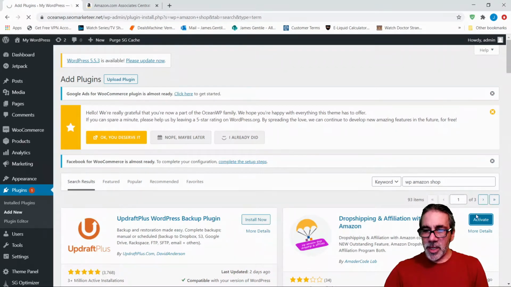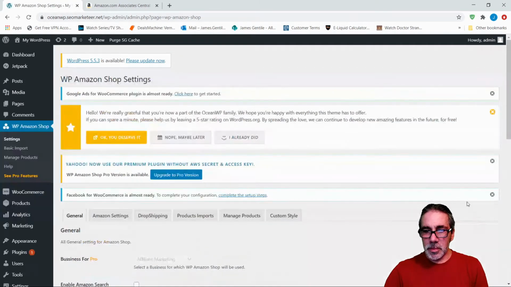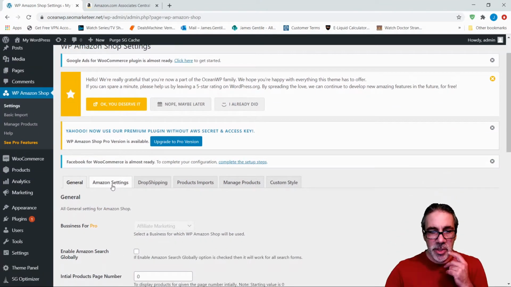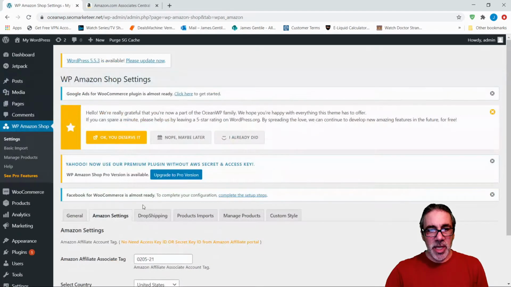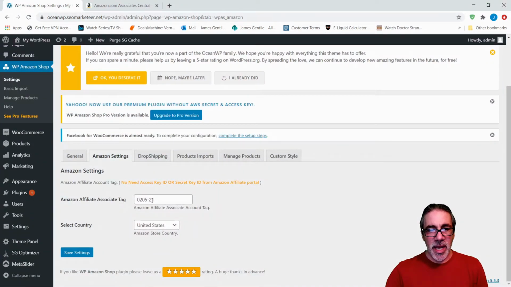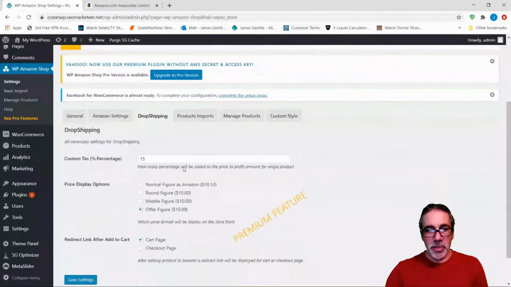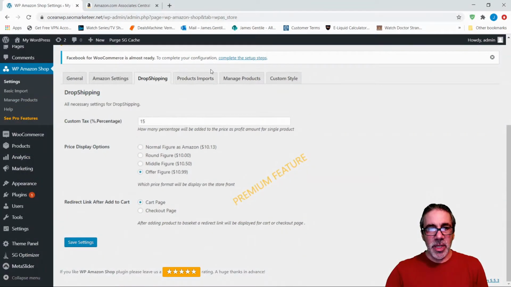We're going to activate it. So here you'll see you've got your settings. Now this is the free plugin version. I'm not going to go for the paid version. If you look at it, there'll be your general tab where you can set products per page. If you go to Amazon settings, it's going to look for your affiliate tag, which we're going to go and get in a minute. The other ones, which would be drop shipping, is premium features only: import products, manage products, custom style. So the only thing we're going to really focus on here is the general tab,